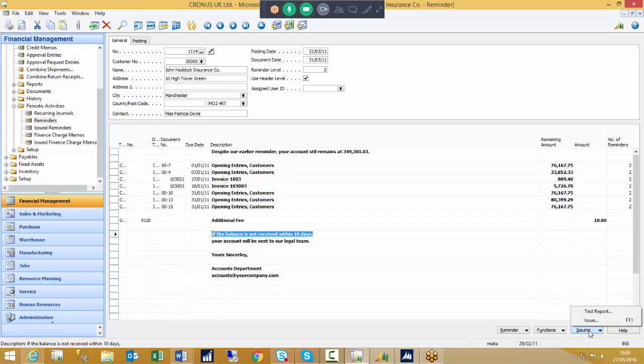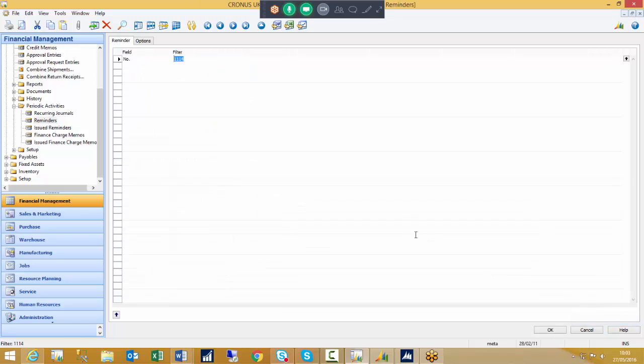Okay, so to actually issue, from the issuing tab, we just go to issue, and automatically the reminders will be filtered by the reminder number that your cursor was on when you went to the issuing tab at the bottom. If you want to issue all of your reminder letters, then you can simply remove the filter for that reminder number,